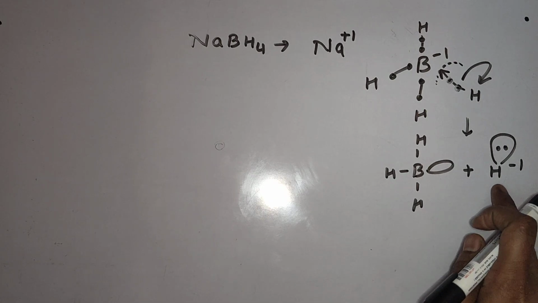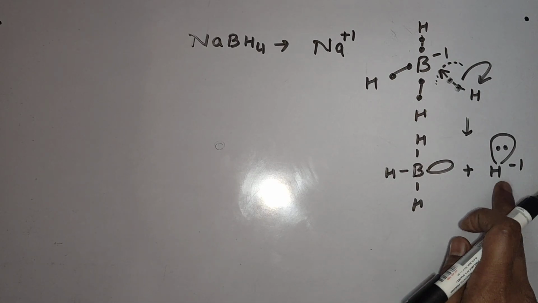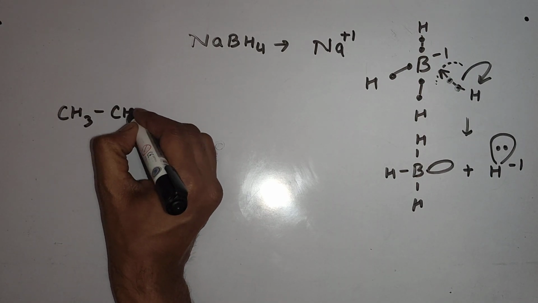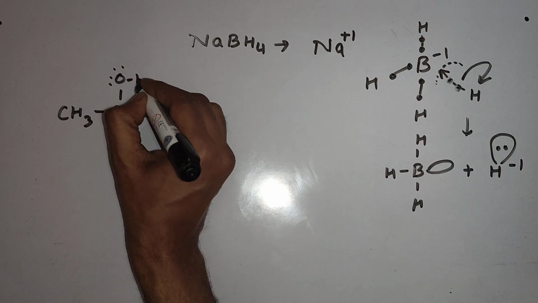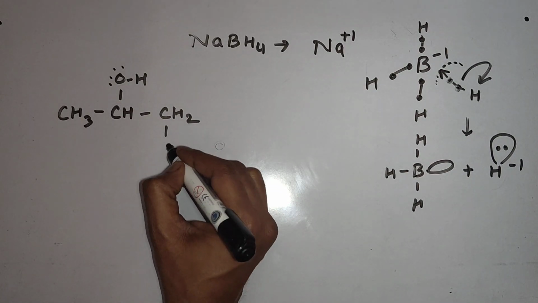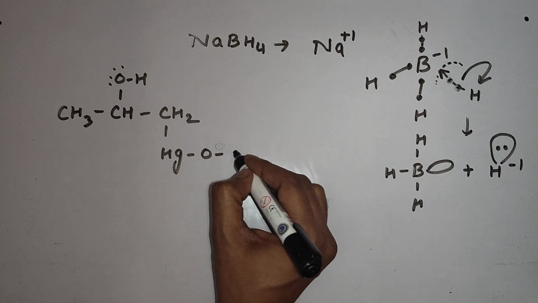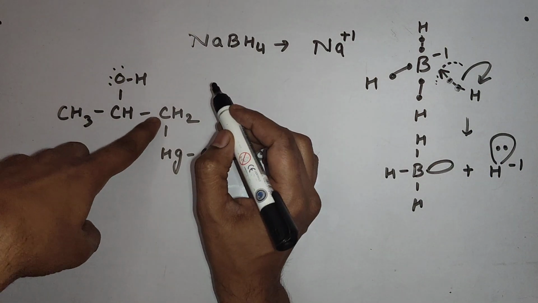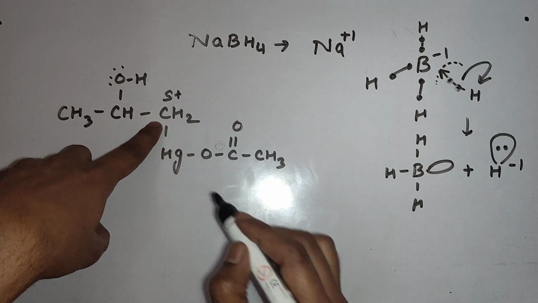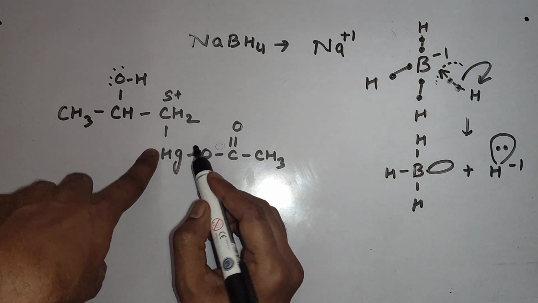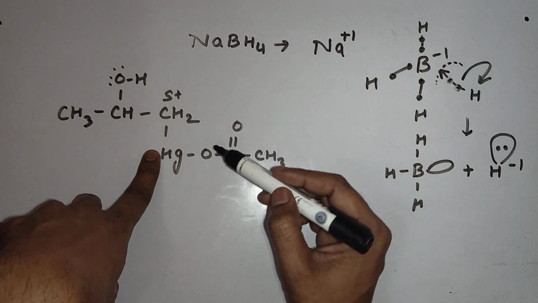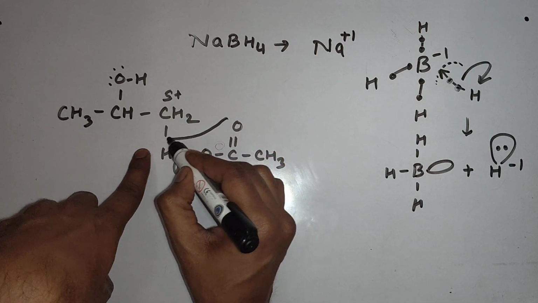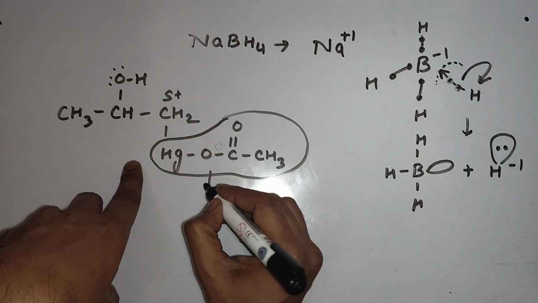Now this is a negative particle. It will try to attack a positive particle. Do we have a positive particle? Yes. In the oxymercuration product, this was the oxymercurated product where we have a positive particle. This carbon is a positive particle over here. Reason: this carbon is connected to mercury, but mercury is connected to two highly electronegative atoms, oxygen atoms. That's why this whole group is working as